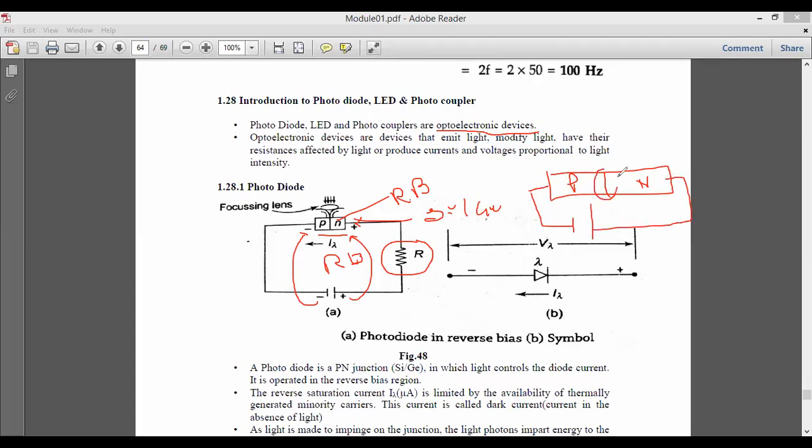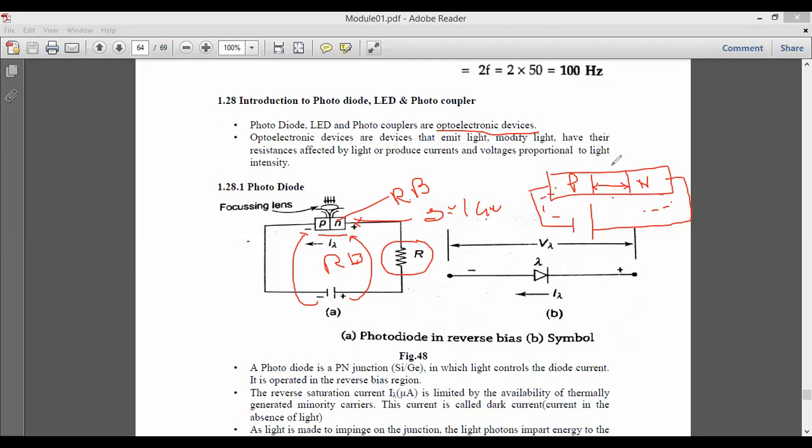So what about the junction? Initially the width of the depletion region will be too large, and if the depletion width is large, no flow of charge will take place through this PN junction diode.